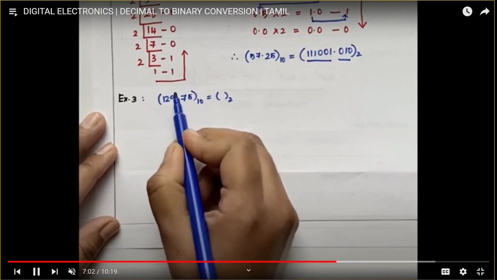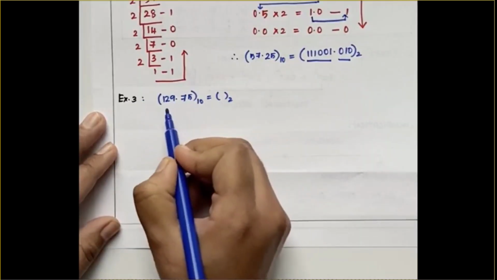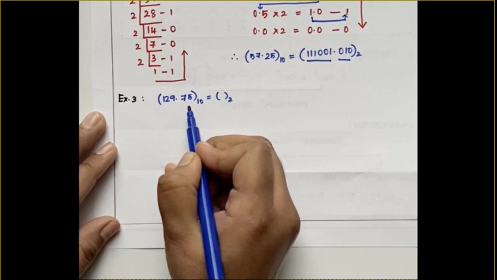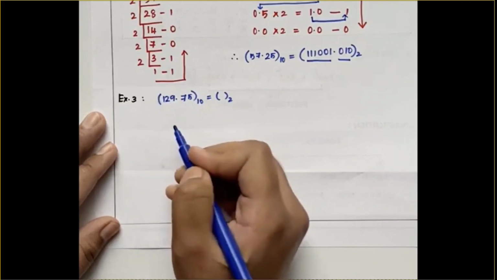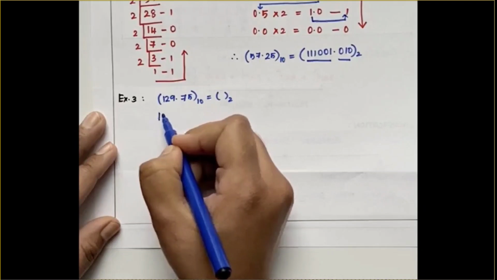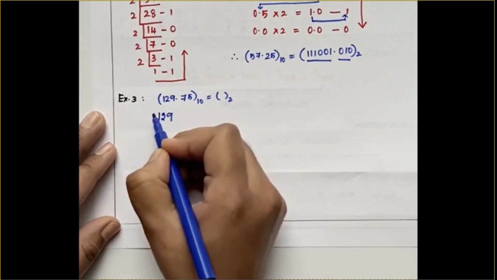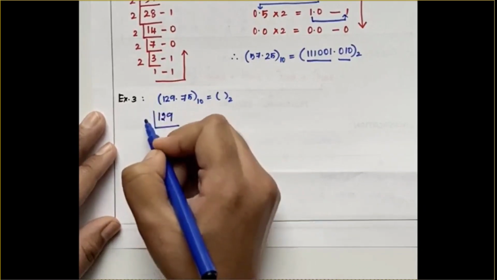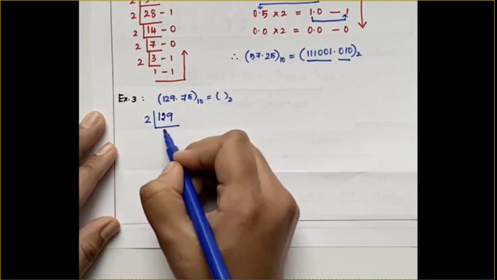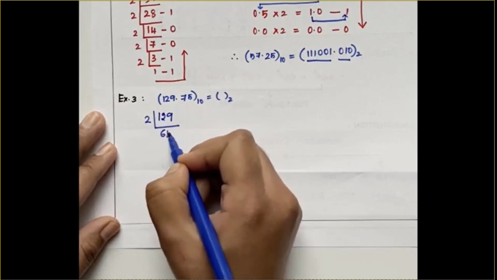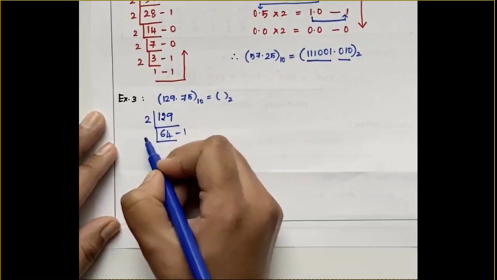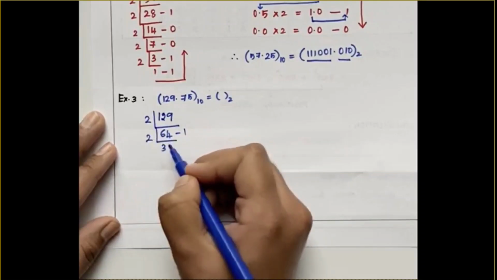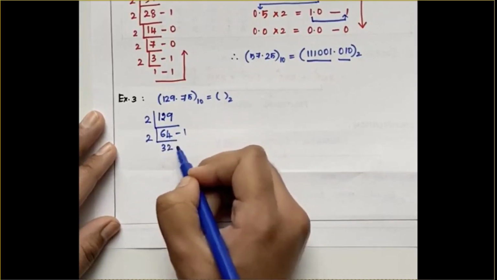Now let us solve a third example, 129.75. So this decimal value has to be converted to its equivalent binary value. So first we will identify the equivalent binary value for 129, which is the integer part. So divided by 2. So 2 64s are 128, remaining 1. Next again dividing it by 2, we will have 2 32s are 64, no remainder, so